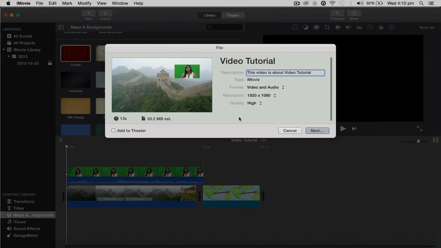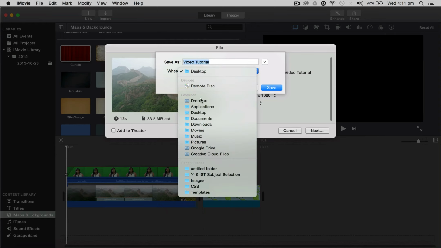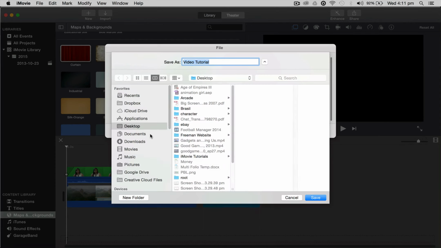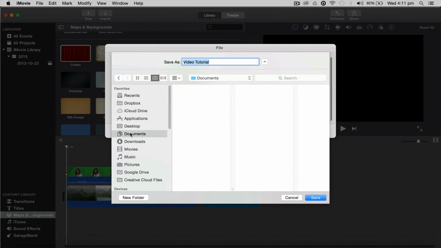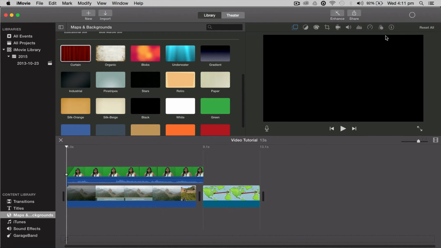I'm going to hit next, and it's going to ask me where I want to save it. So you can save it to the desktop or any of your folders, or you click the drop down arrow to see all of your options. So I'm going to save mine to my documents. Here's the iMovie. I'm going to leave the name video tutorial, hit save, and in the top right hand corner